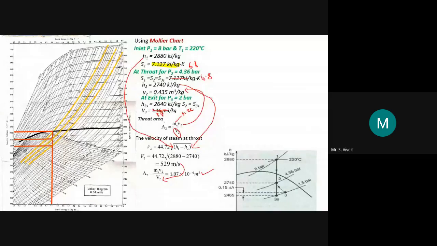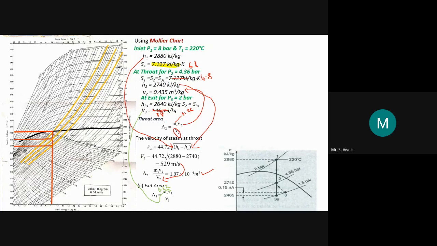Now, I calculated the throat area. Next, we have to find out the exit area, right? So there comes the twist in this problem. Same area formula: A3 is equal to m into small v3 divided by capital V3. Here v3 we just found out as 0.82. You can substitute the v3 value in this part, and mass flow rate as 0.22, and the problem lies here.